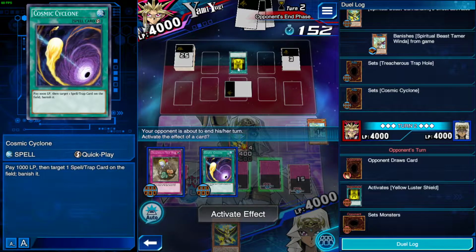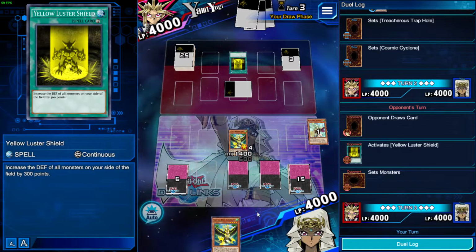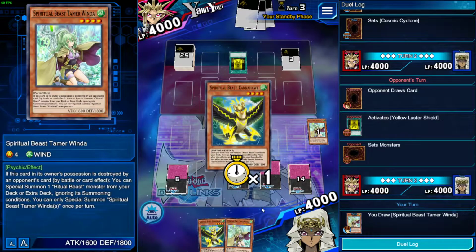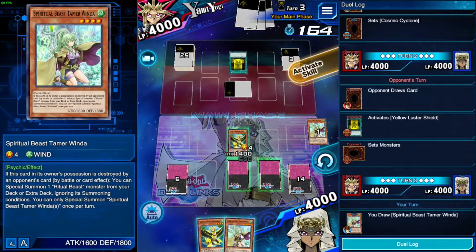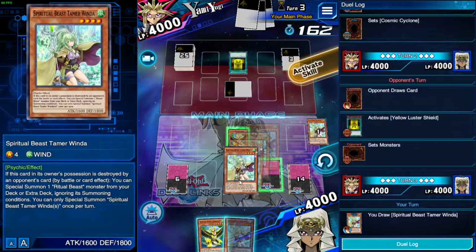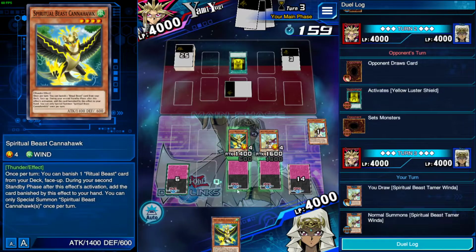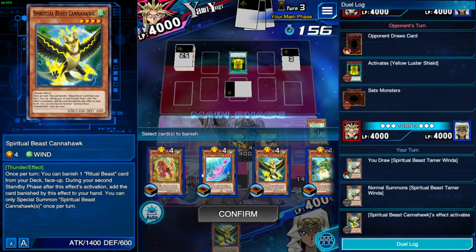He is ending his turn. What does this do? I feel like that doesn't matter. Okay, we need a Tamer. There we go. Perfect. So Winda's actually going to come to our hand in 2 turns, but I don't think we're going to worry about that at all. We're going to summon this Winda, going to activate Canahawk's effect, and I think we should summon...